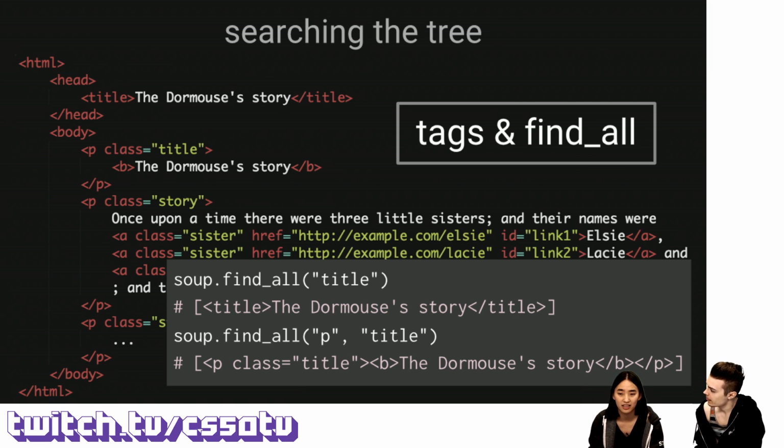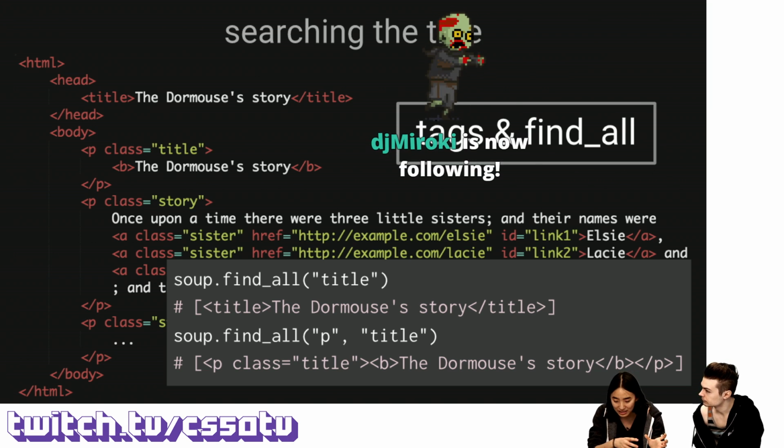Yeah. So a class, again, is just a way, usually it's for adding specific CSS, but it kind of serves a double purpose here as an identifier. Right, yeah. So here we're saying we specifically want things with the class title, and then it's returning as it should. And then we can use multiple attributes, actually. So what if we want p tags and p tags with the class title,